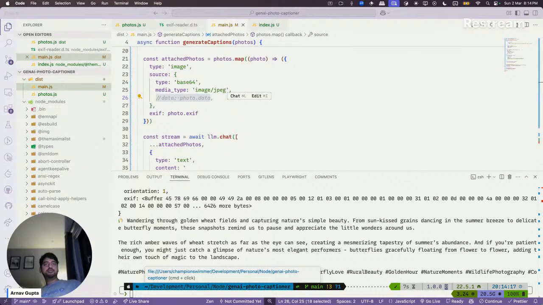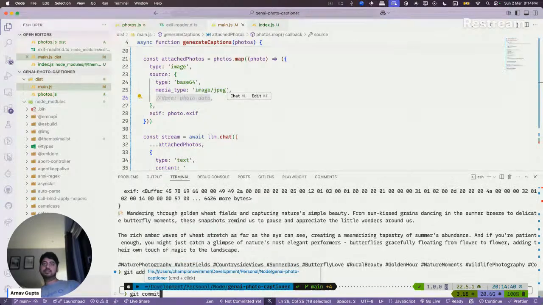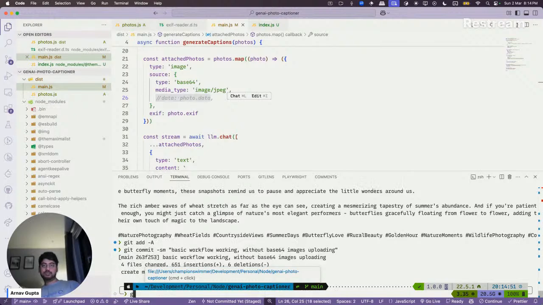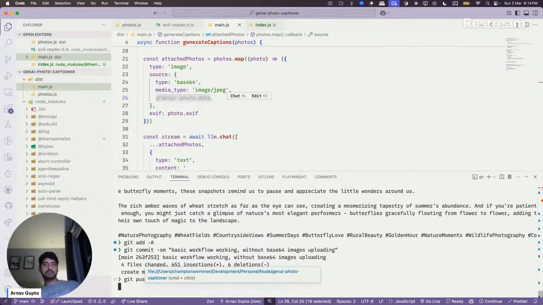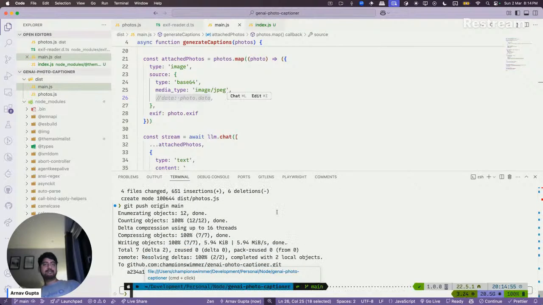But yeah, let me make a commit here at least, so that's the point at which the basic workflow is working, but the images are not going. Okay, cool.